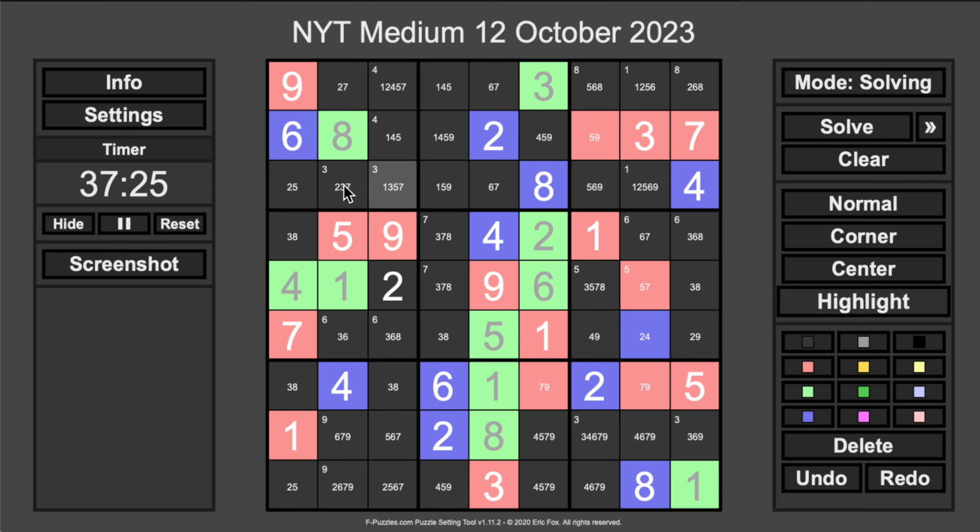So one of these two cells must be 3 and one of these must be 6. Because the 3 is either in these cells, or in these cells, and therefore